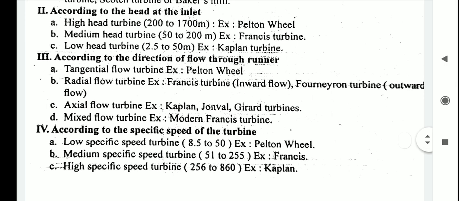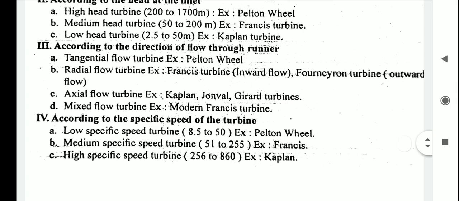The third one is a mixed flow turbine or diagonal flow turbine. In this type of turbine, the fluid may enter at the outer periphery, pass over the runner inwardly, and leave axially or parallel to the axis of rotation, and vice versa, for example the modern Francis turbine. The fourth and last one is axial flow devices. In this type of turbine, the water flows along the direction parallel to the axis of rotation, for example Kaplan turbine and propeller turbines, etc.